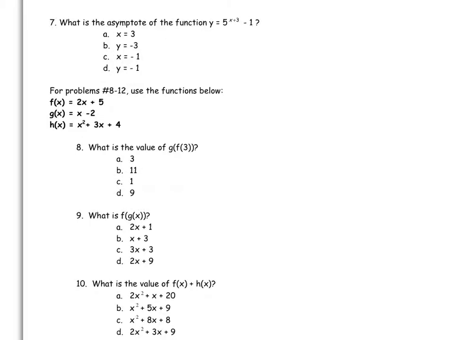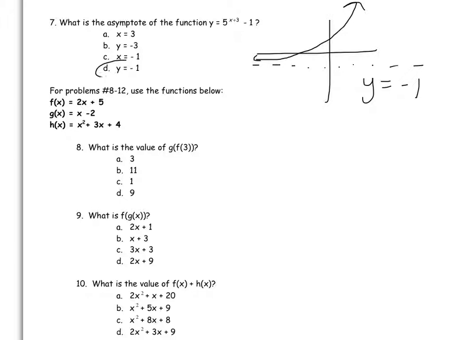Alright, on to the next page here. We're looking for the end behavior asymptote of the function y equals 5 to the x plus 3 minus 1. Let me just draw a quick sketch. A calculator would probably help you out here. The function does have an EBA of y equals negative 1, and it's going to look something like this, without putting any other scalings on there. It's just a very rough idea of what it would look like. You can check that on your graphing calculator, and the end behavior asymptote is y equals negative 1,